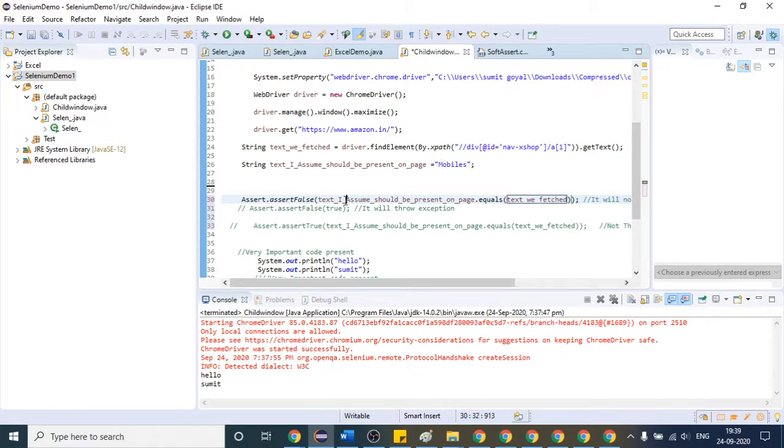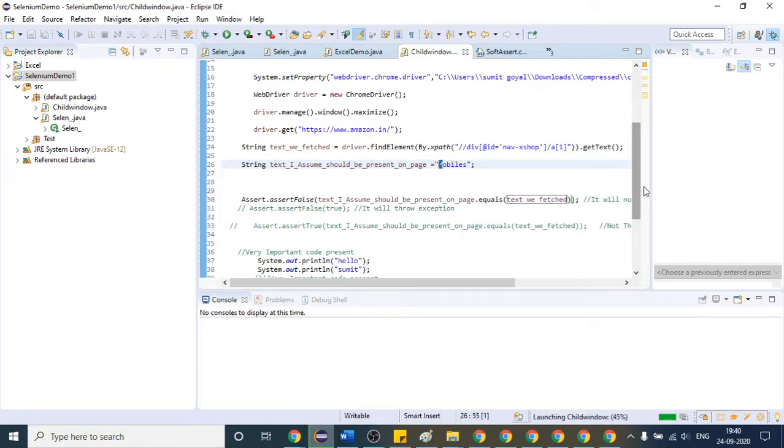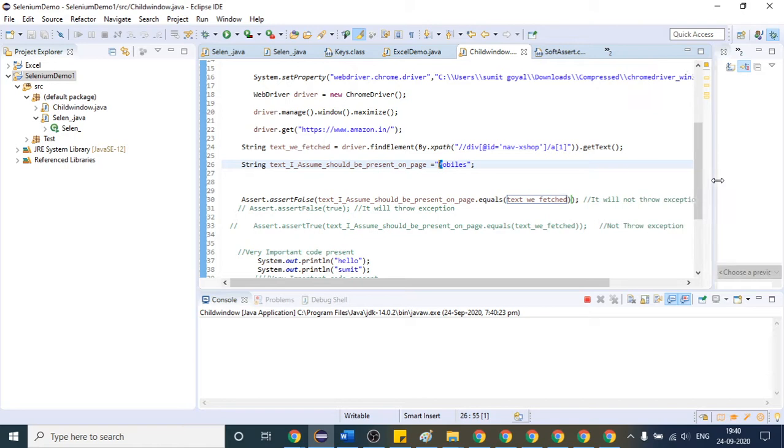False or true, it will throw the exception because this condition will become true now, right? So what is the scenario you can think of? Suppose you have made the website. After the website, you are saying that this mobile's text, and you can say, okay, so let me write it like that. Let us first try to execute this, whatever it is printing, then we will think of the scenario where we can use this. So let us first try to execute the code.